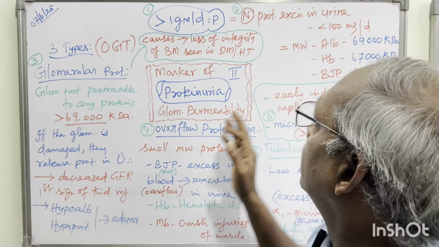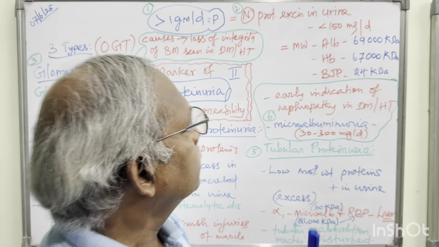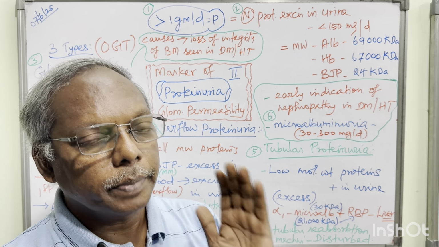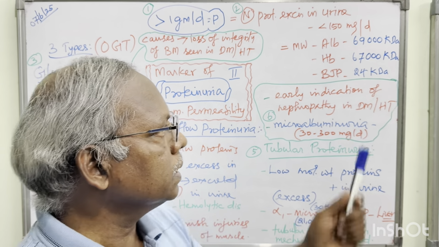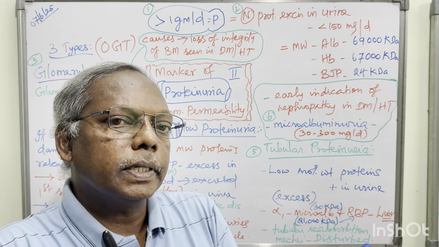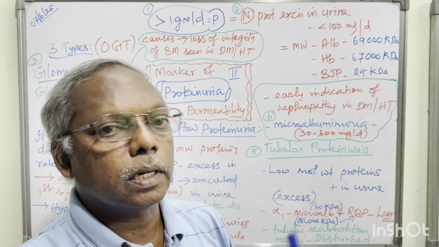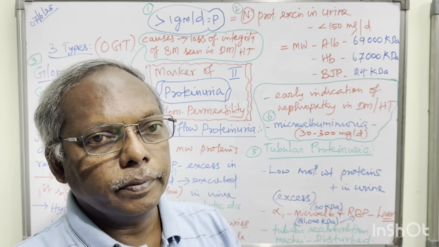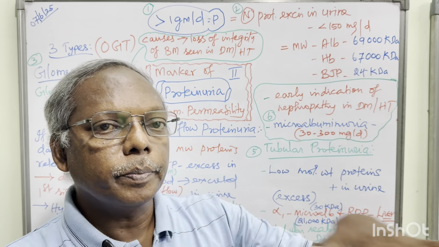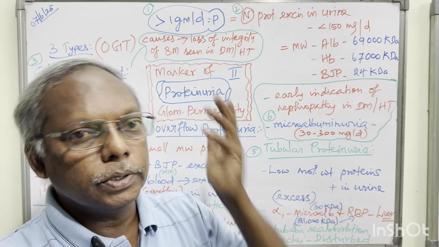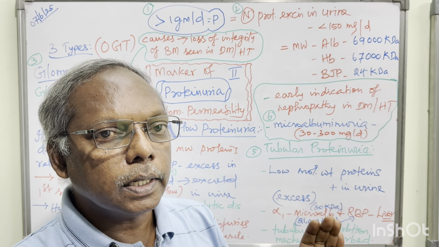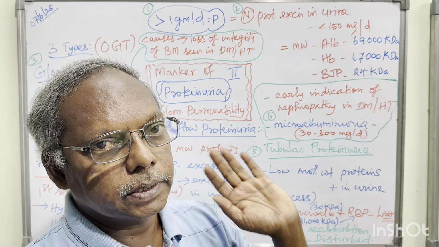Right? And then some molecular weights you should know about the glomerular membrane marker, because according to the molecular weight only, the glomerular basement membrane is either filtering and reabsorbing or excreting the compounds, right? They have a cutoff, that is 67,000. If it is 69,000, that is albumin, it will not be excreted, it will be reabsorbed. Whereas hemoglobin, 67,000 dalton, will be easily excreted by kidneys.